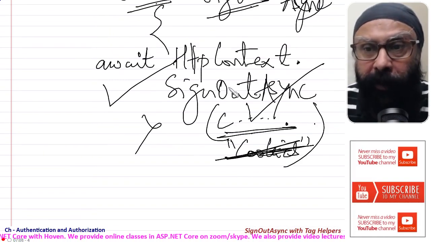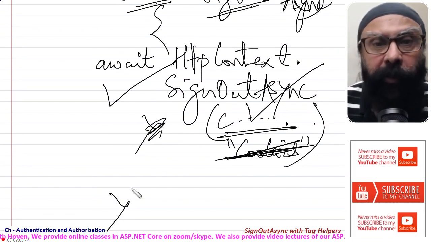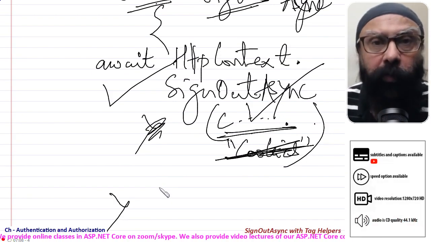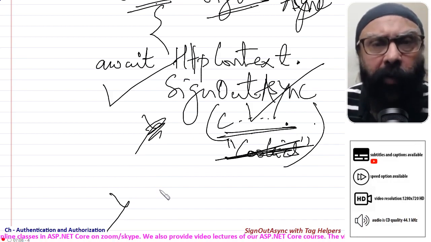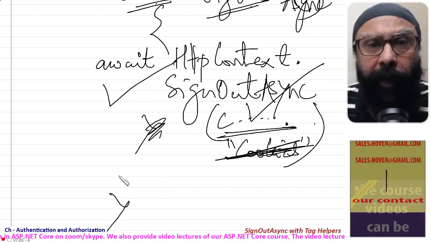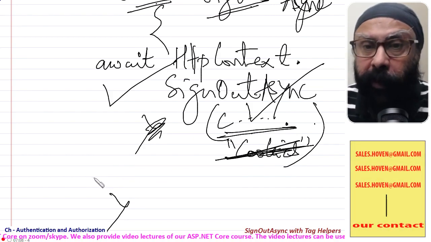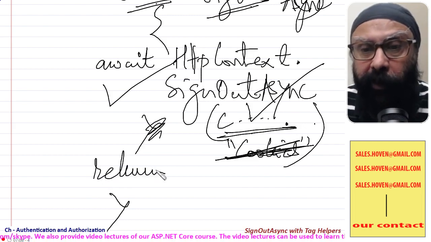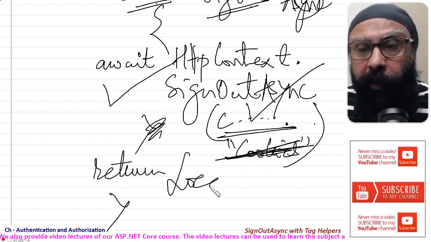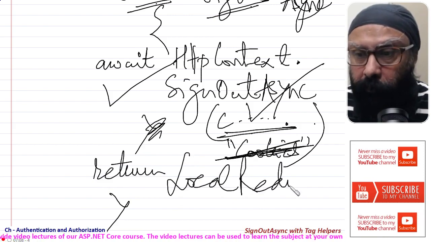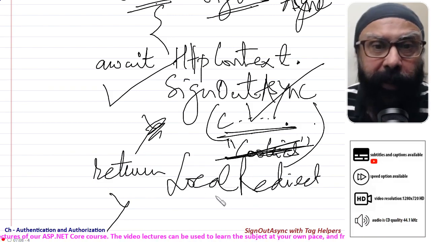Now once you execute the sign out process, then obviously the user must be redirected to the home page or maybe to the login form, wherever you want. And the right way of redirection, this is important, is return LocalRedirect. Use the LocalRedirect function.